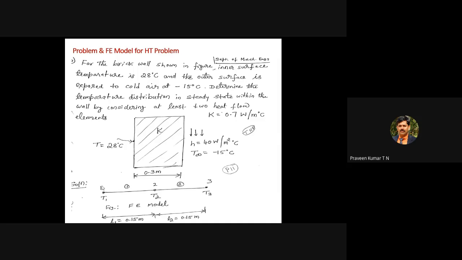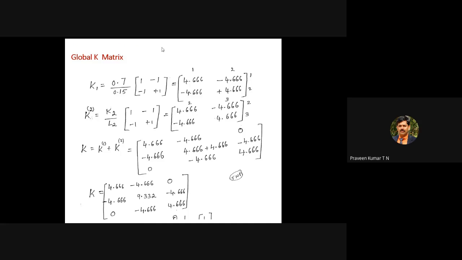In the case of truss, the ith node may be 1, the jth node may be 4, 5, etc. Already we have done some problems. There you have a lot of difficulties. But here the DOFs are straightforward. So the first element is made up of nodes 1 and 2, hence the DOFs are 1 and 2. And the second element is made up of nodes 2 and 3. The corresponding DOFs are 2 and 3, because each node has only one DOF.